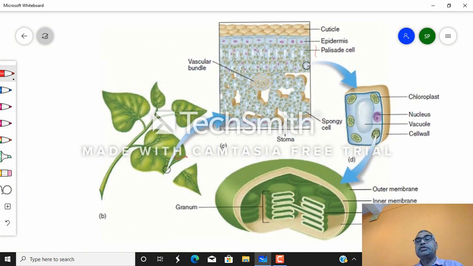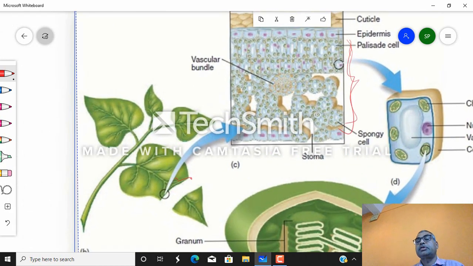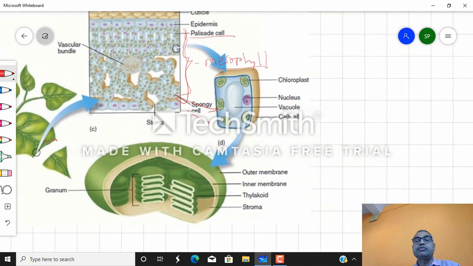This is the entire region of mesophyll, isn't it? This is the mesophyll region, and the mesophyll region is made up of palisade parenchyma type of cells and spongy parenchyma type of cells. Both these palisade and spongy parenchyma cells are parenchyma type of cells, but they possess chlorophyll pigments, or they contain an abundance of chloroplasts, and that's why they are considered mesophyll cells. If you take one cell from this leaf, then this will be the single cell.